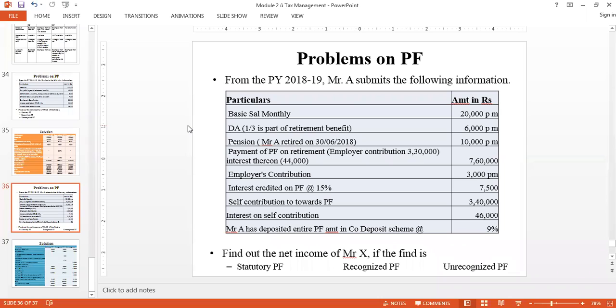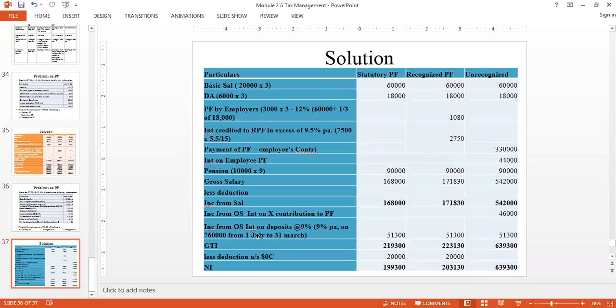Before I try to solve it, please see to it that you have a calculator in your hand, maybe a regular calculator or your laptop calculator. See to it that you have some calculator with you, because unless I explain this, you will never understand how these figures come into the picture. Fine, we'll start with the solution part of this problem. Again, this is an exam problem, and this is how you need to solve it.